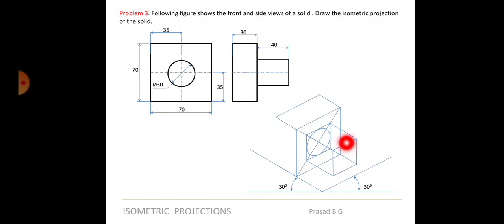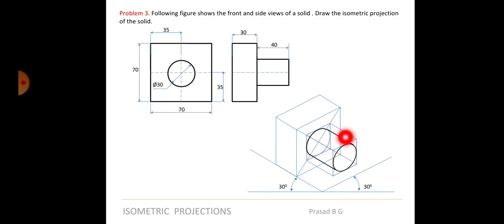Again draw one more ellipse here like this. You'll get another ellipse here. That ellipse will be coming in the front side, so that will be visible. And then you have to draw a line that is tangent from one end to the other end here and see what is visible. From here you draw a tangent line, and from here you draw a tangent line, and the top face of that will become visible, isn't it? This portion will go inside on the back side of this cylinder, so this will not be visible.